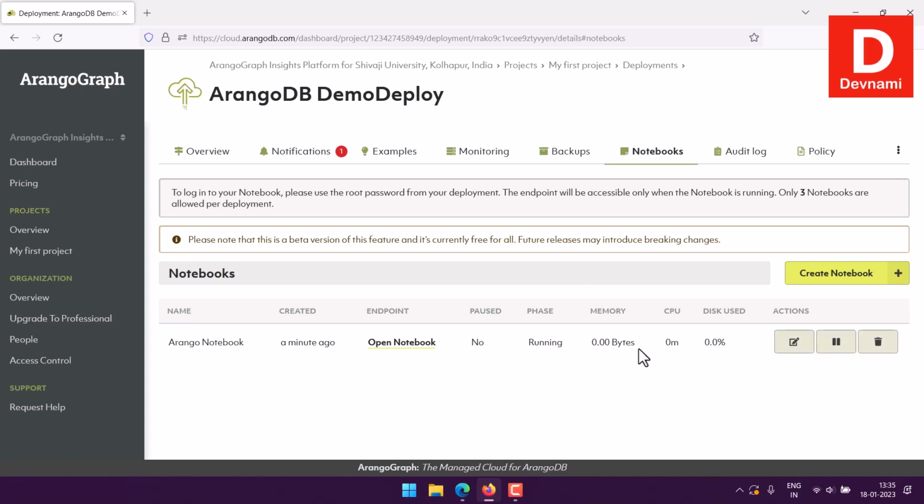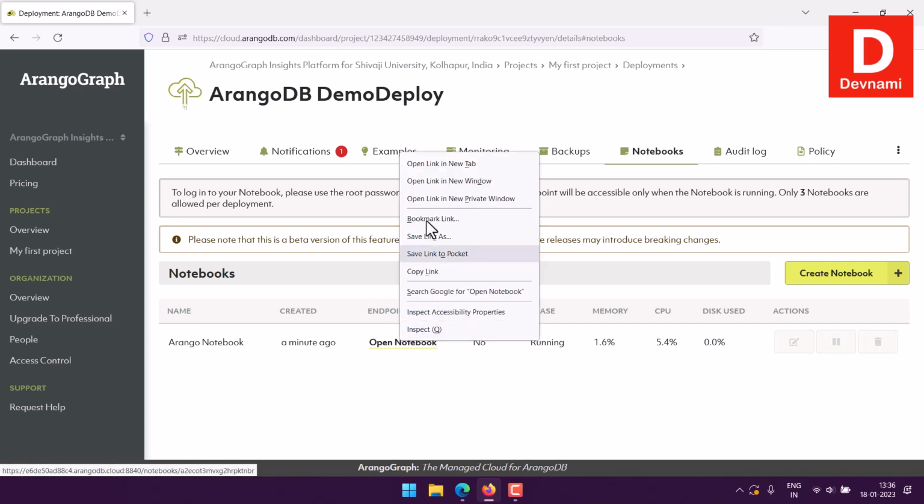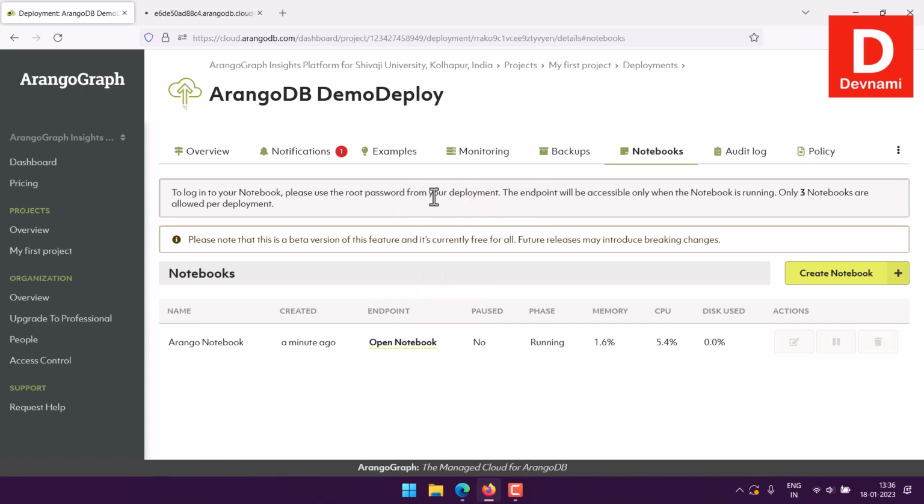At the end of this use, what I will do is either edit or delete it, right? And this pause option is for when you don't want the notebook to keep running on the server. And there is an edit option, so we'll take a look at the edit option later, right? For now let's check the endpoint in another tab. Right click, open link in new tab,